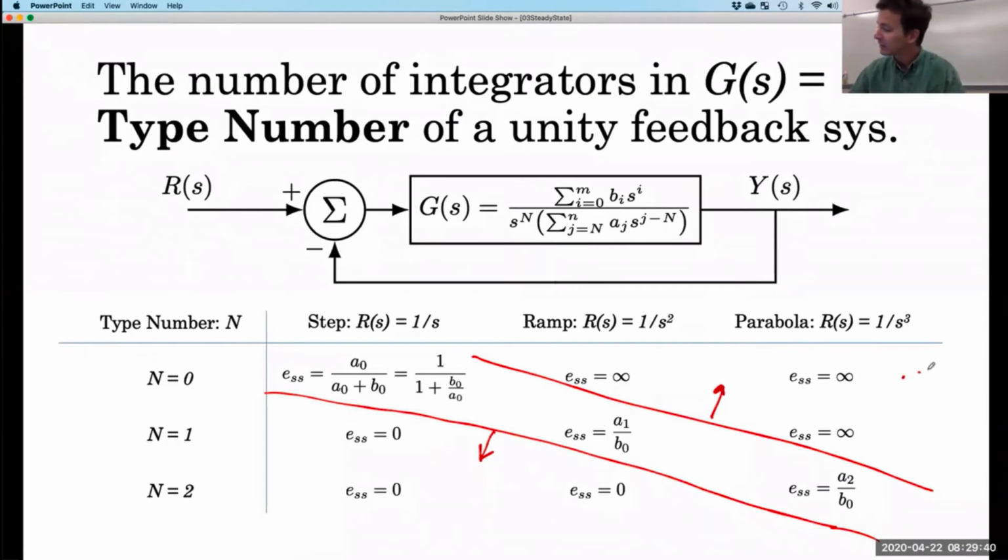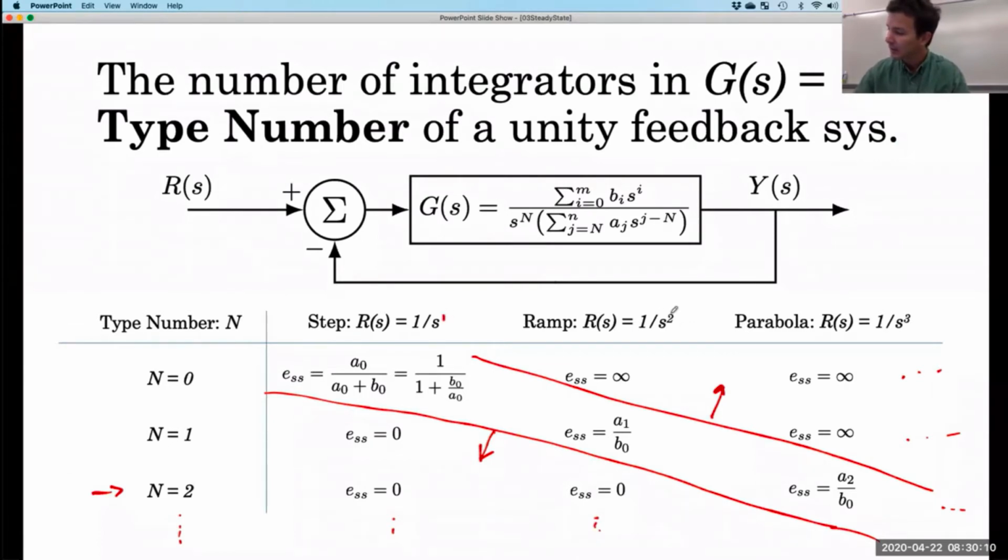All of these rows keep going, and all of the columns keep going, and that pattern absolutely continues. So what we're saying here is that for a type N system, you can track inputs of type N and below. Now that is a kind of a loose statement,